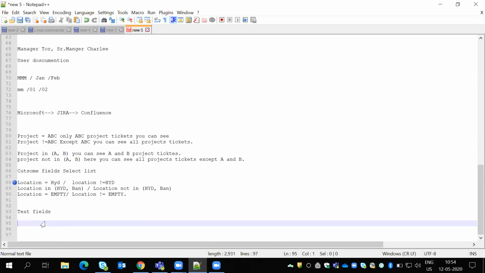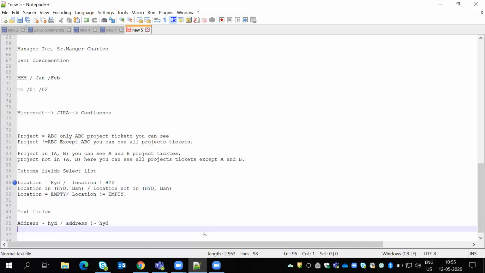Suppose the text field I have written is address. You need to write this delta symbol. Suppose Hyderabad: if you mention that Hyderabad name in that address, this will be done. Okay. And you can write address not equal delta and HYD.